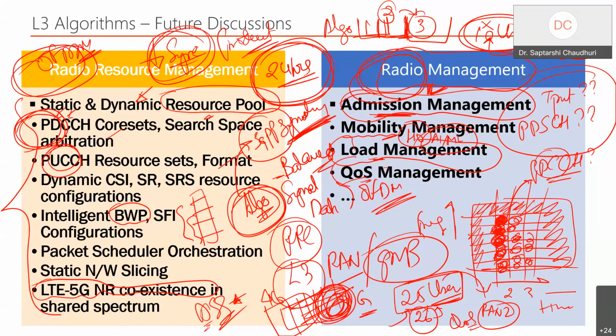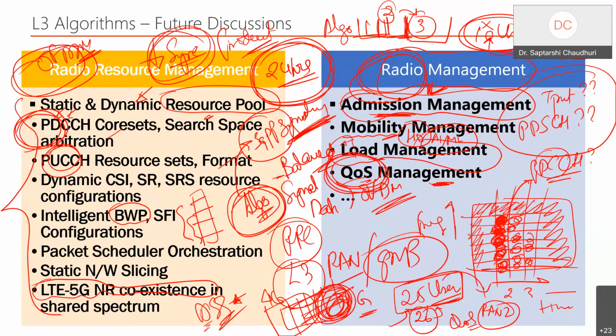The quality of service I talked about. Now the question that comes is that the core network tells the base station that it has negotiated a service with a device and asks it to please do it. This is where the base station worries about whatever quality of service the device and the core network have agreed upon: how to ensure it, whether I take the help of admission control, whether I take the help of load management. This is where the base station starts thinking about how the quality of service has to be managed.